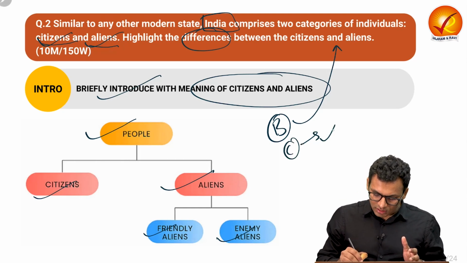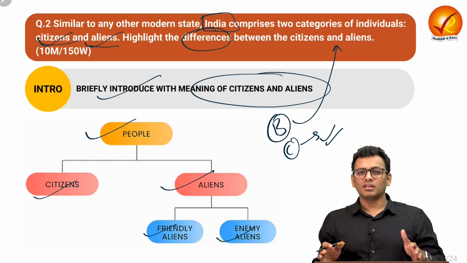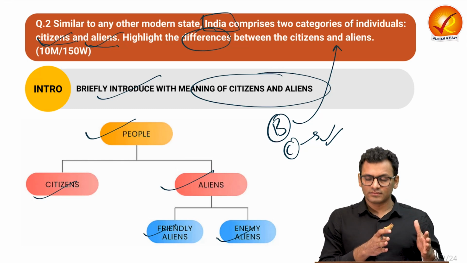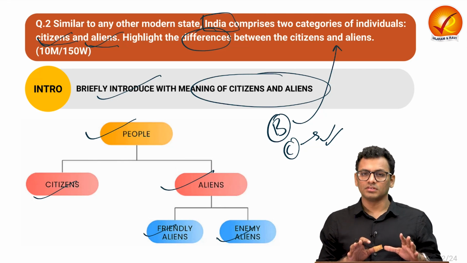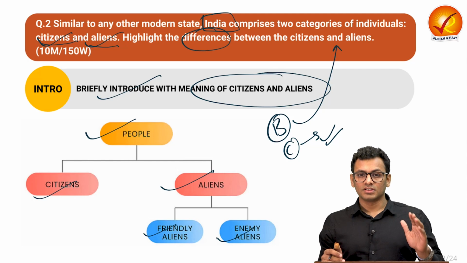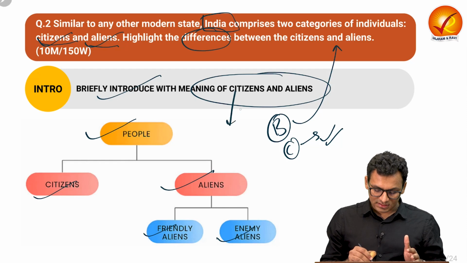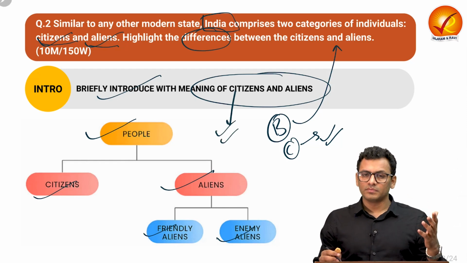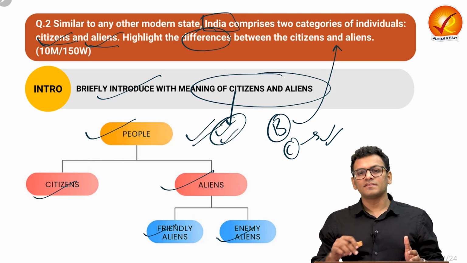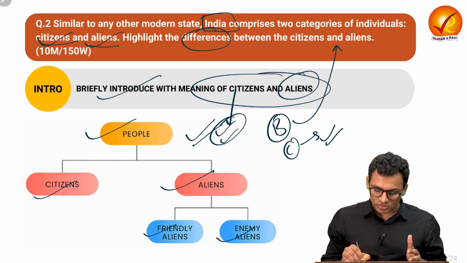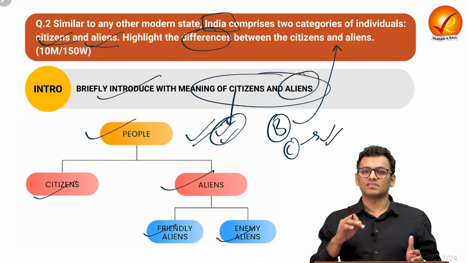And in the conclusion, we can talk about how this kind of distinction is created to ensure a balance between inclusive governance and, at the same time, national security. So that is something for question number 2. The structure is, we have already understood, the introduction is going to be about the brief meaning of citizen and alien, where citizens are that category of people who are specifically given the status of citizenship and have certain elaborated rights, versus those aliens who are not exactly citizens of the nation, but despite that, have certain rights as well.